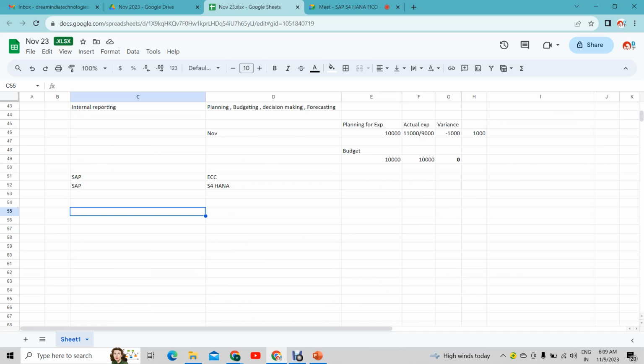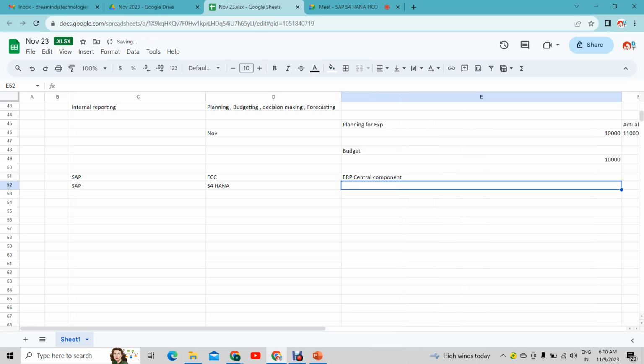Now coming to the other thing. Yesterday I asked you guys to understand what is SAP ECC and what is SAP S/4HANA. Who wants to go first and tell me? Be it 2 lines or 3 lines, that is fine, no worry. ECC means ERP Central Component. It doesn't have its own database; it uses another database. S/4HANA means